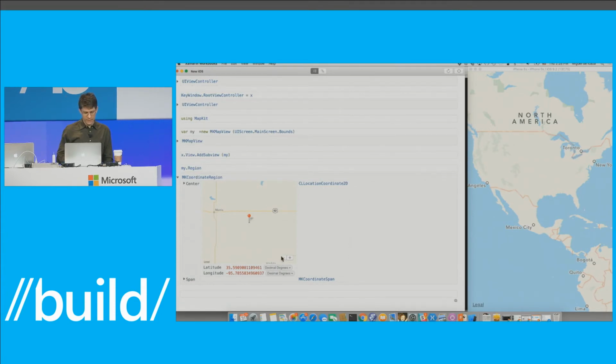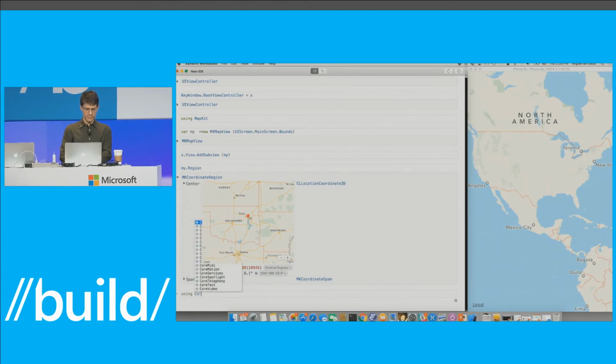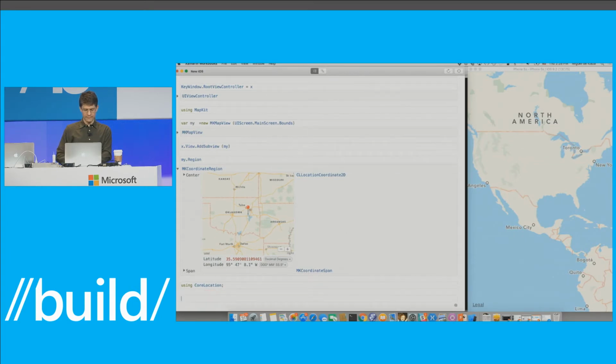So you can see that I have an embedded map view inside the visualizer. And for convenience, I can render these values with different formats. Now, this is the sort of thing that you can do using core location, like that.